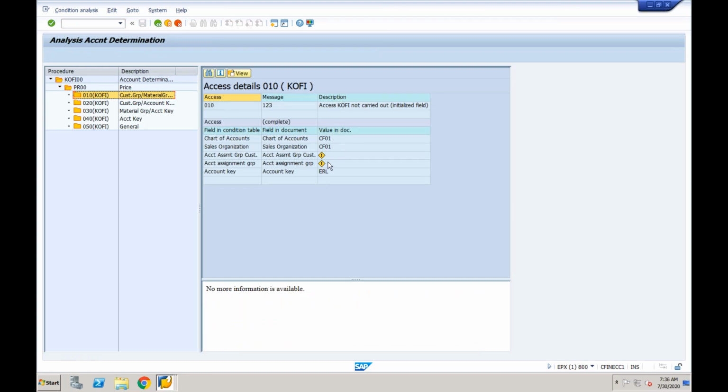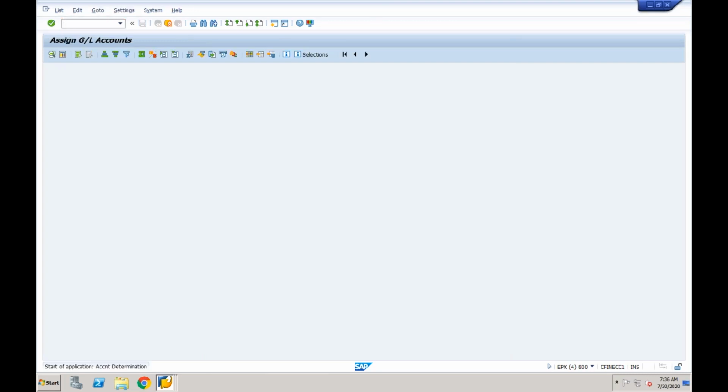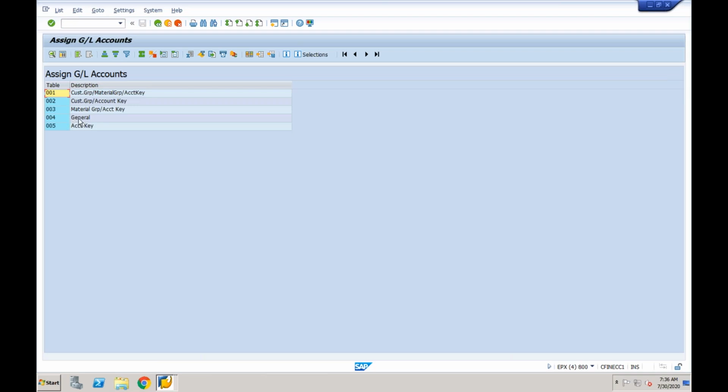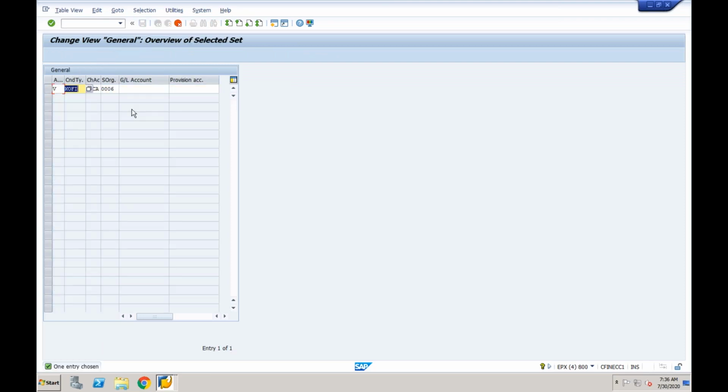Why? Because, simply, we have not maintained this GL account in VKOA. So let's quickly do that, so our SD cycle will be completed. In VKOA, what we need to maintain, again, I'll keep it simple. Let's go to the general one itself. Let's copy this and change it according to our requirement. Our chart of accounts is CF01 itself. Our sales organization is also CF01, and we need to provide the revenue account here,